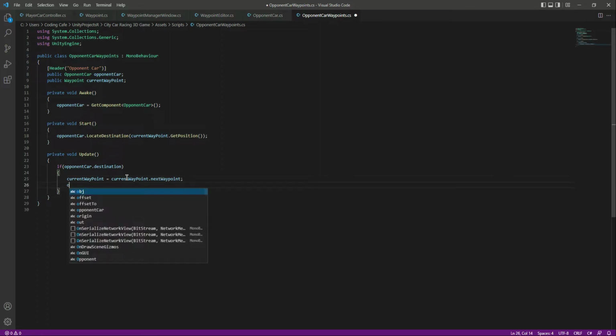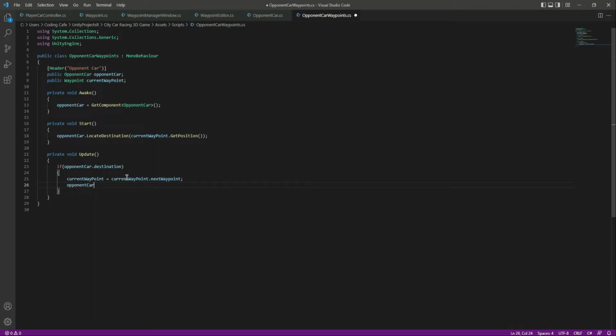And then we will move the opponent car to that next waypoint. So for that we will say locate destination current waypoint dot get position. That's it. Now let's save it,